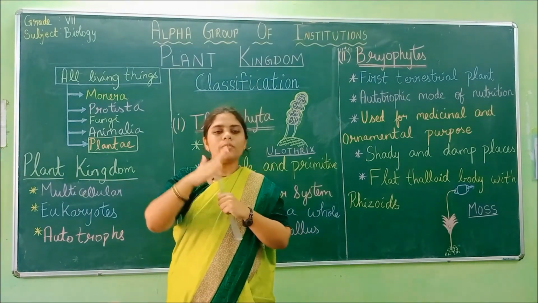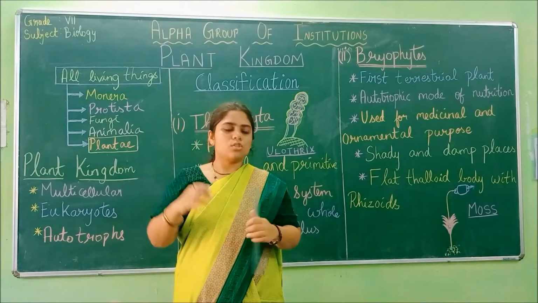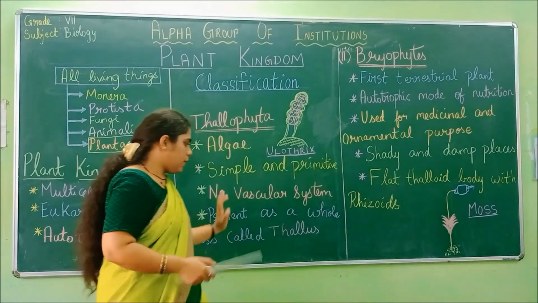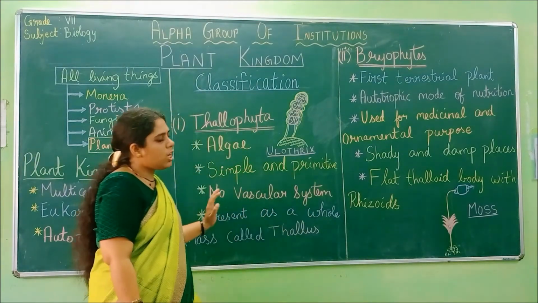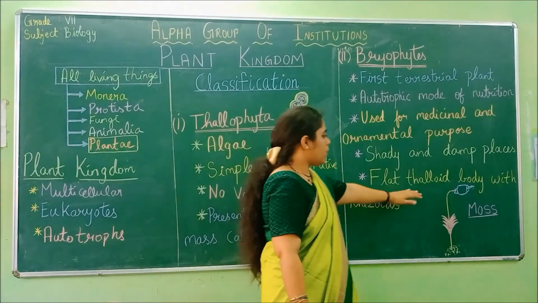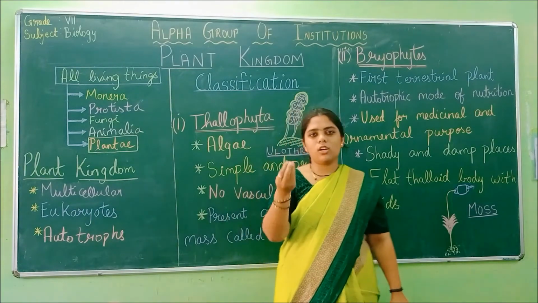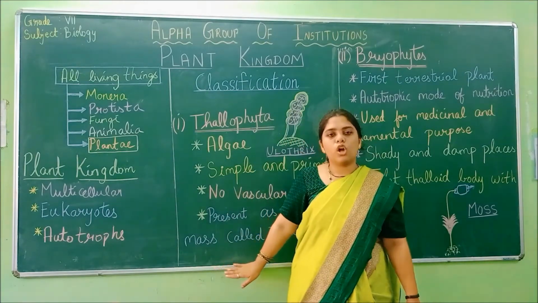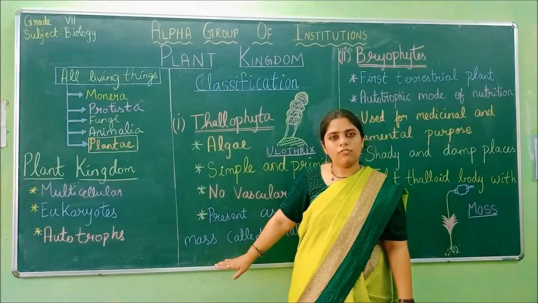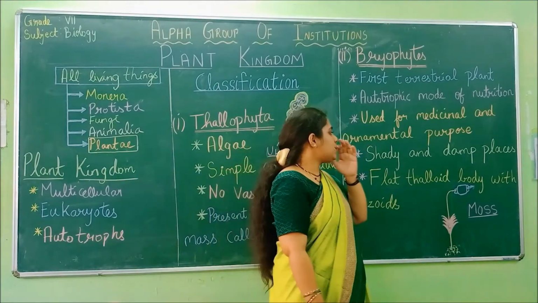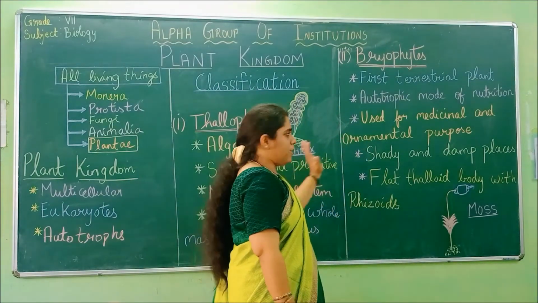So it has evolved from a bunch into a flat thalloid body with rhizoids. Here you do not see any presence of rhizoids. So this is the evolvement from